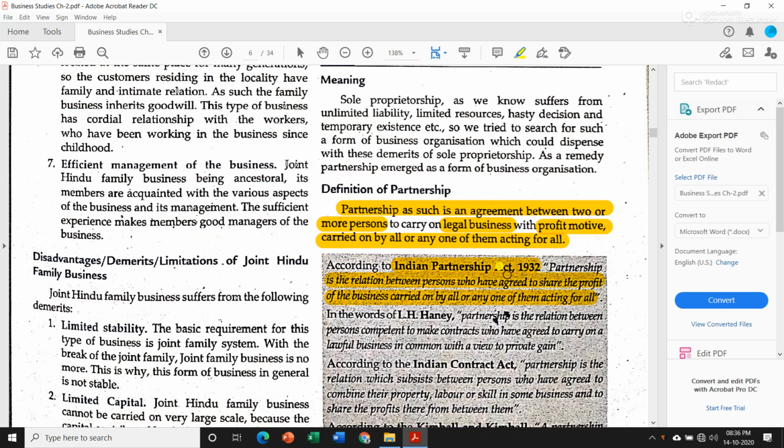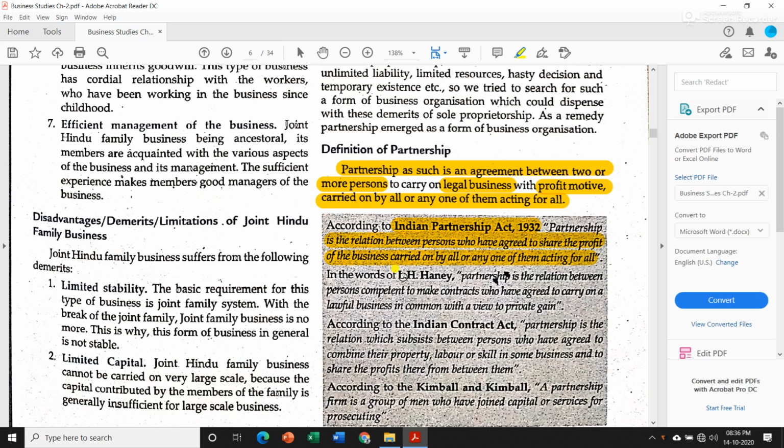Then in the words of L.H. Haney, partnership is the relation between persons competent to make contracts who have agreed to carry on a lawful business in common with a view to private gain. Now he said that partnership is nothing but a relation between persons who are capable to make contracts and they have agreed to carry on a legal or lawful business in common. Means all of them should have a common interest, a common idea